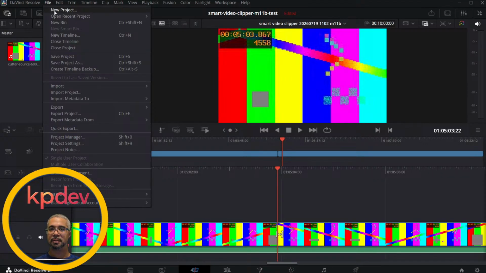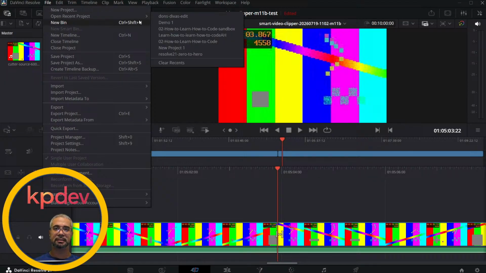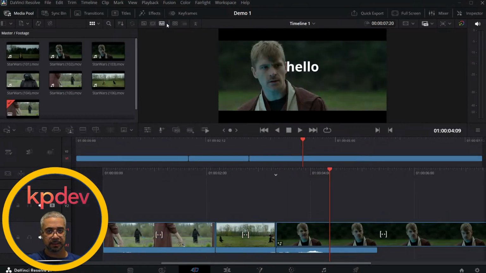Files. Open recent project. Yeah, demo one. This is not demo one. This is demo one. Let me see demo one. See what I get out of this. This is me working